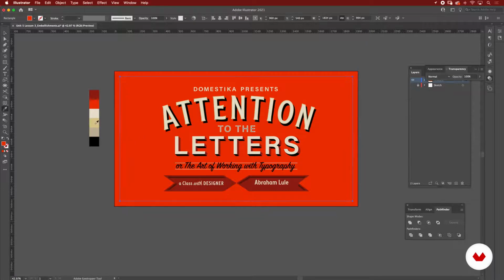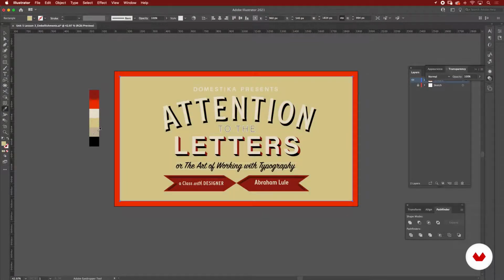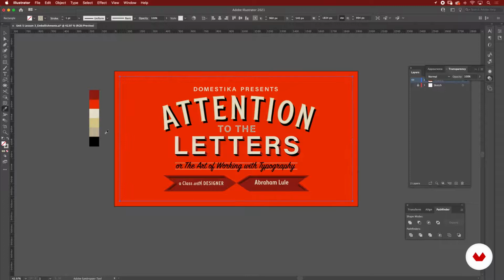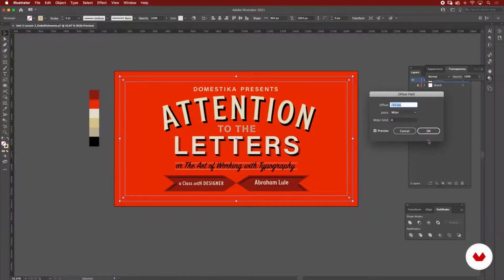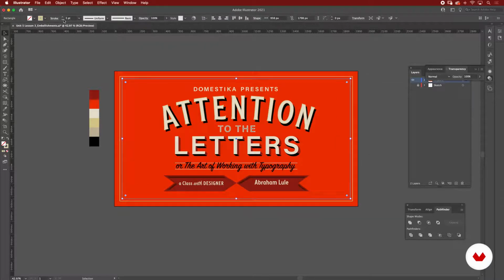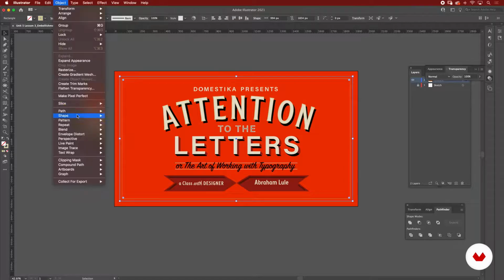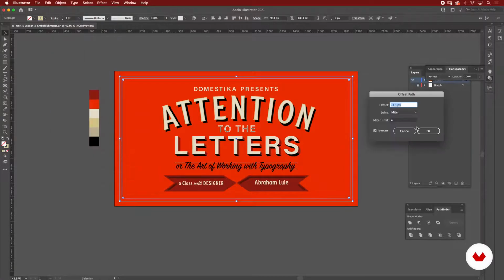Okay, change that color, maybe some kind of gold color, this one maybe, and revert it to use stroke. I'm going to change that to maybe 3 points, then select it again, Object, Path, Offset Path, and bring that up closer so it's kind of like a frame there, somewhere there. I'm going to change that to 1, select the first shape again, do the same with the offset path, but now bring that inside those two.